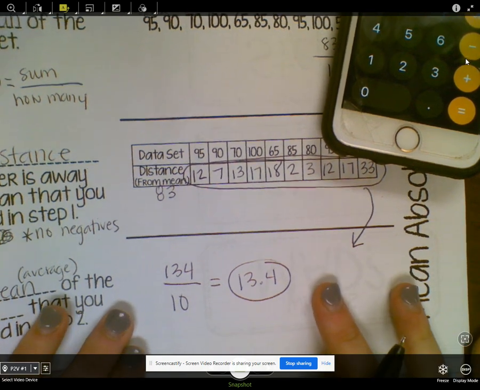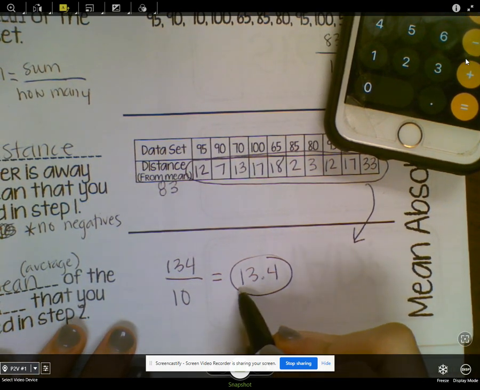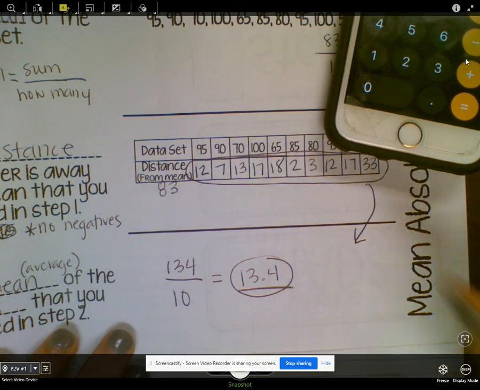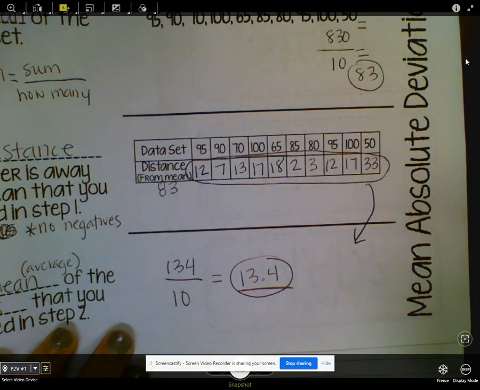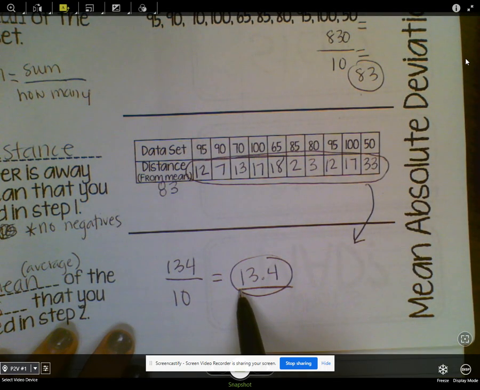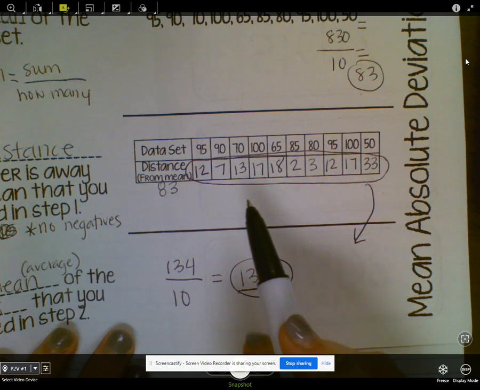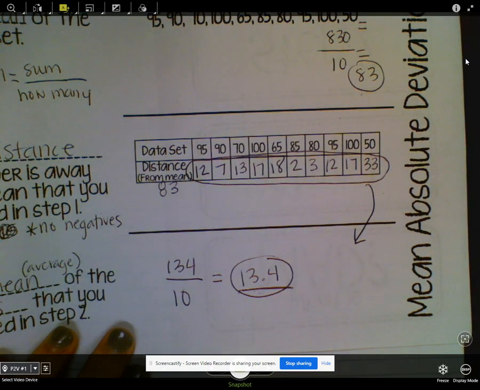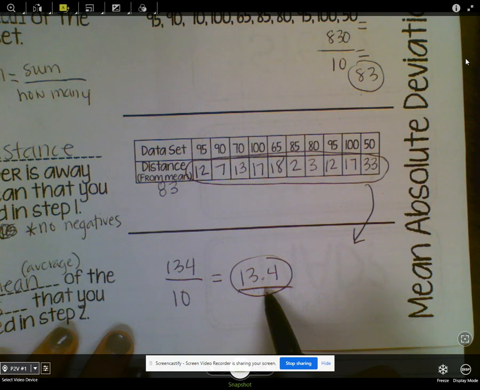Okay, so my mean absolute deviation is 13.4. That means on average, the student scored 13.4 points away from the class's average. So it's how spread out are we? On average, we're about 13 points away. So we're kind of spread out. So if this number was like a 5, a lower number,